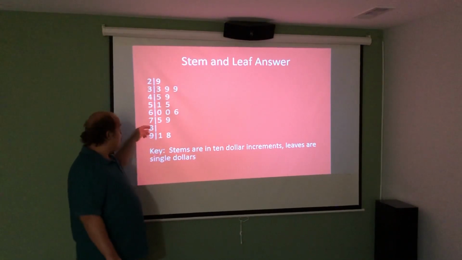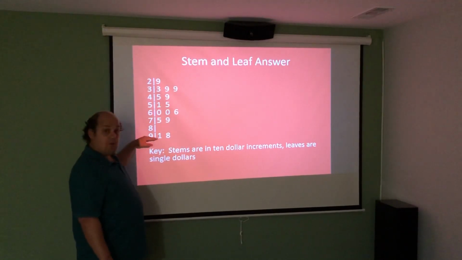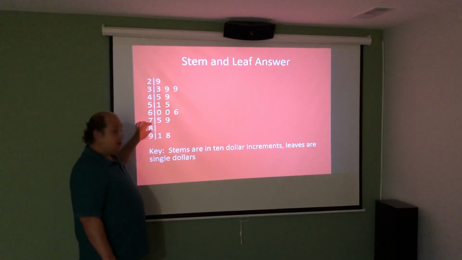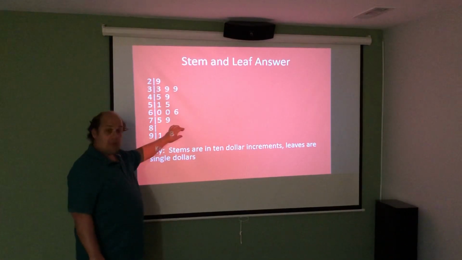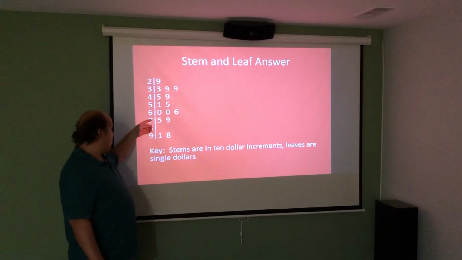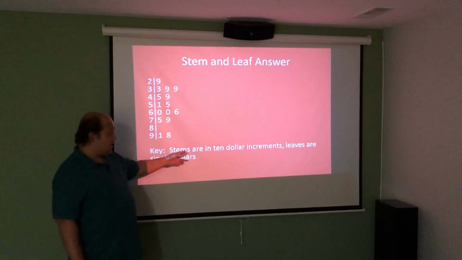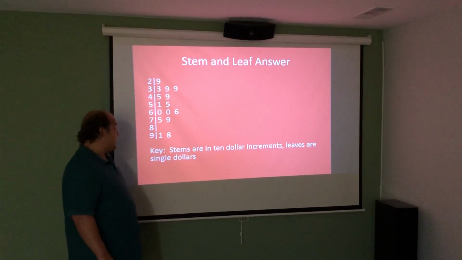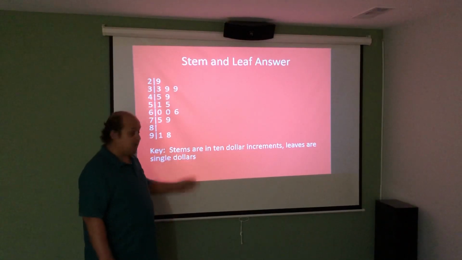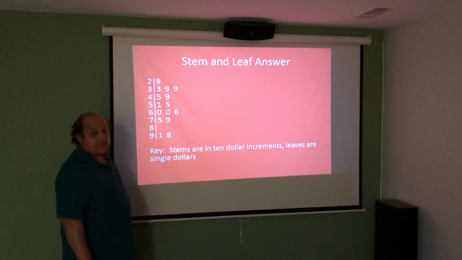That said, you don't want to skip a tens digit if there's other digits below it. So it's okay to have a gap in your graph where there is an unused stem with no leaves. It's not okay to skip a stem and, for instance, have gone from 7 right to 9. Here in the key, it says stems are $10 increments, leaves are $single, so it's fine to write it out, it's fine to show an example, but you want something that tells everybody what they're looking at in this stem and